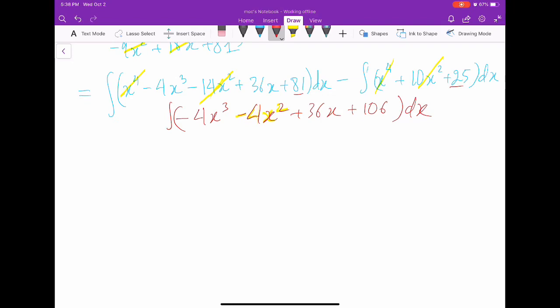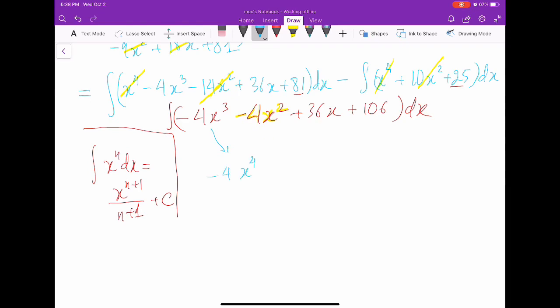So now you can use the power rule. The power rule is what? Integral of x to the n dx equals, I just write separate in here, x to the n plus 1 over n plus 1, plus c. So this guy gives us negative 4x to the 4 over 4, and this guy gives us minus 4x cubed over 3. This guy gives us 36x squared over 2, and then this guy gives us 106x